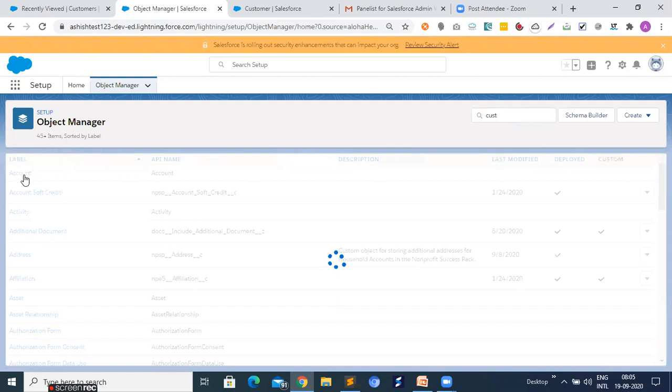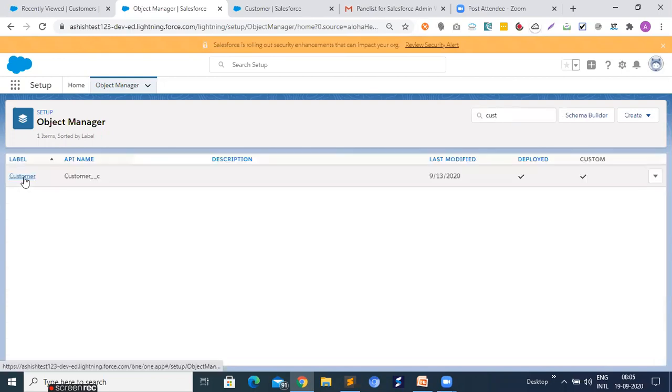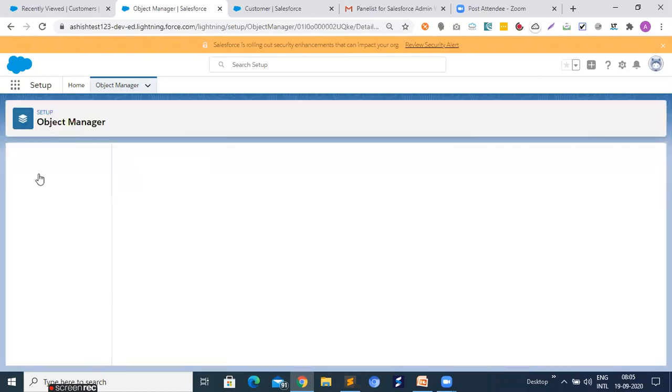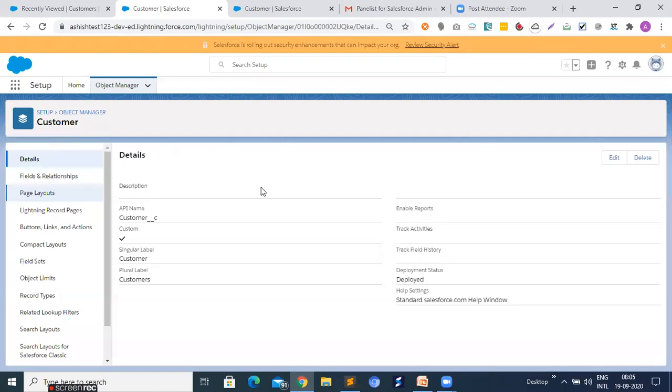Just open this particular object. When you open your object, then you find we have different options. Like we have details where you can see the details of your object. We have views and relationship, page layout, and we have record type, right? So I'm going to click on page layout.